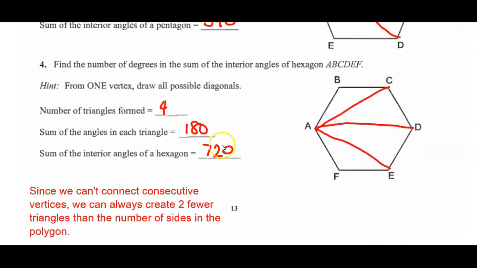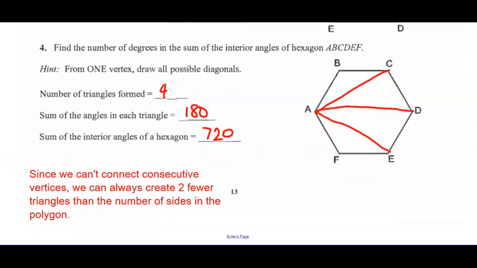All right, talk about a hexagon, do the same thing. Draw the diagonals from any vertex you want, and it creates four triangles, each of which is 180. Total must be 720. Since we can't connect consecutive vertices, there's always going to be two fewer triangles than the number of sides in the polygon, and that's going to lead us to the formula for the number of degrees